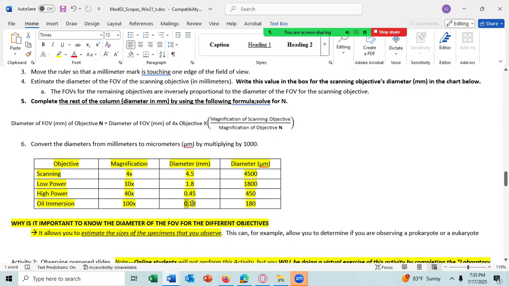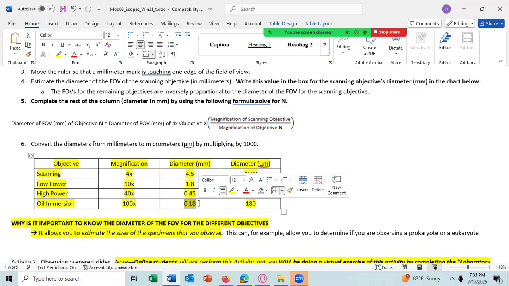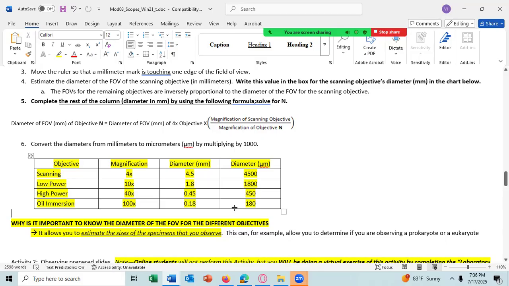And you can imagine the students have trouble measuring this because we only have a ruler which measures 1 millimeter, smallest, and they have to estimate the size of the field of view. And it actually is 0.18 millimeters or 180 micrometers in size. Any question about any of that?